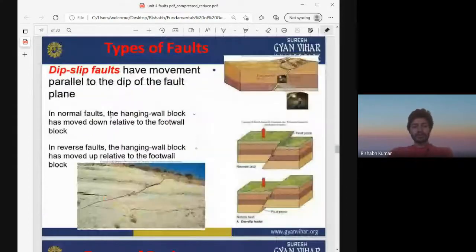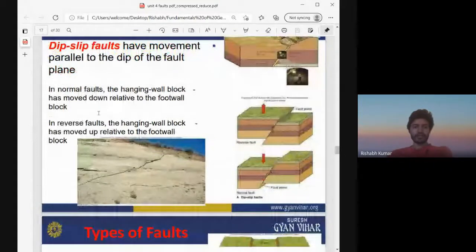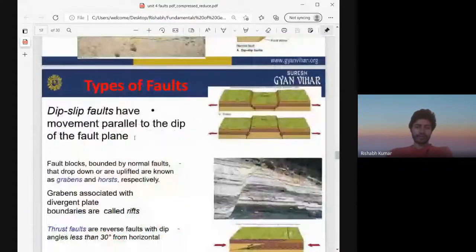Then comes your dip slip fault. We have actually already done this, we did dip slip fault at the start. They have movement parallel to the dip of the fault plane, so we have done that. Reverse fault and normal fault, this we have already done. Dip slip faults have movement parallel to the dip of the fault plane, that we know. Fault blocks bounded by normal faults that drop down or are uplifted are known as grabens and